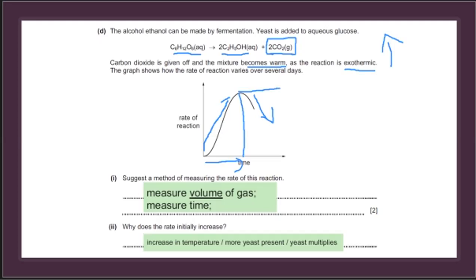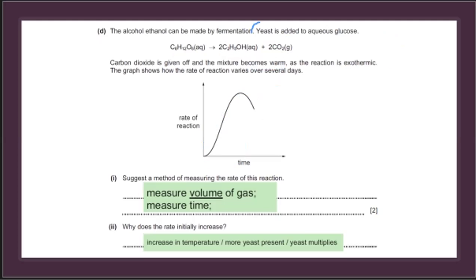So why does the rate initially increase? One of the reasons why the rate begins to increase is because of the presence, go back to the question, because of the presence of a catalyst. And yeast is that catalyst that allows the reaction to begin to increase. Now the reaction is still happening, but the presence of an enzyme or catalyst speeds up that rate of reaction. So when yeast is added to glucose, the reaction begins to increase, or else the reaction would have continued happening